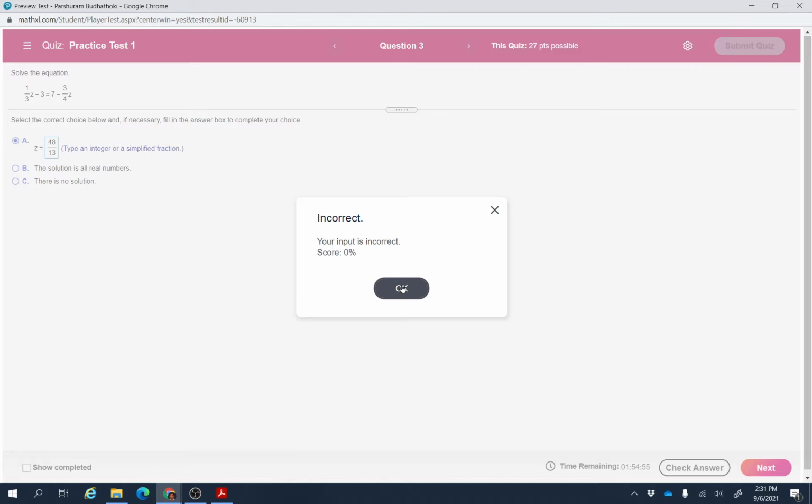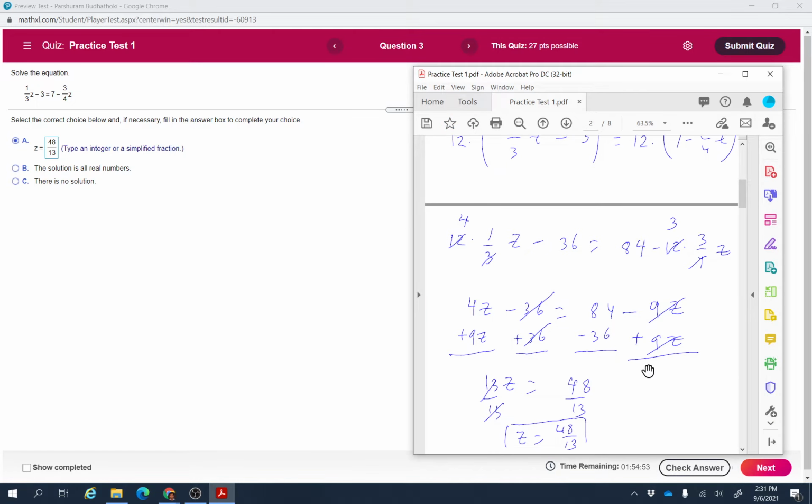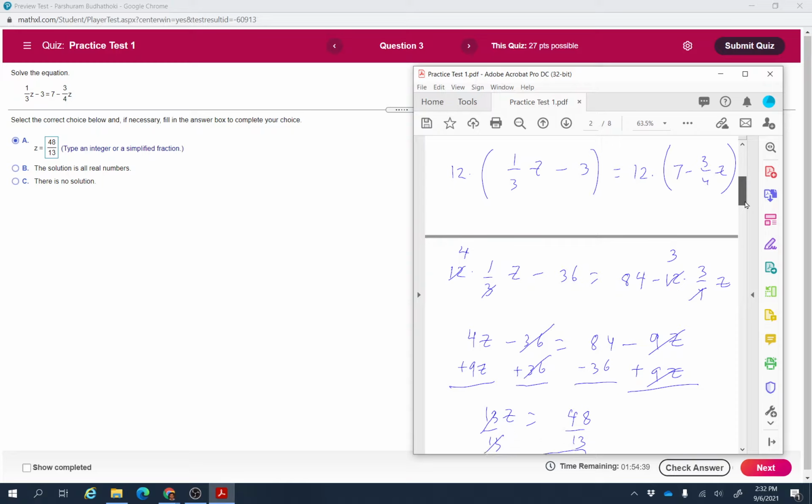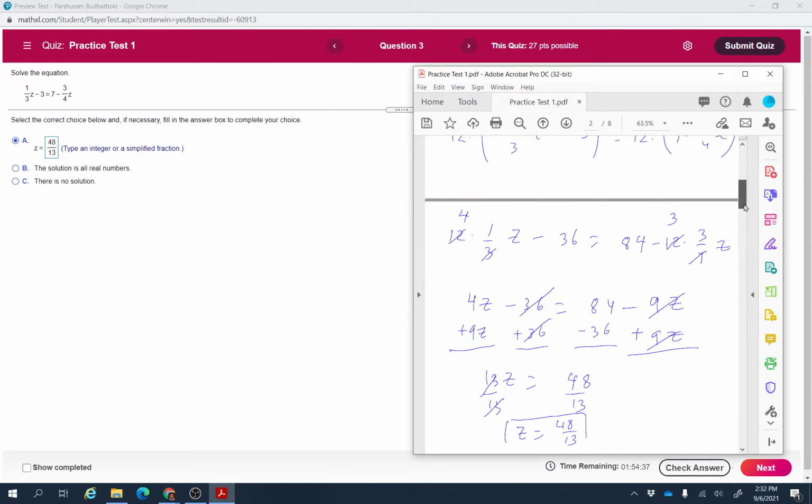Your input is incorrect. So back and check it. What did I do wrong? So I subtracted, that is, I did it wrong. Okay. So I was supposed to add, not subtract. So there is a plus 36, so there should be plus. Supposed to add, so that will give me 120,